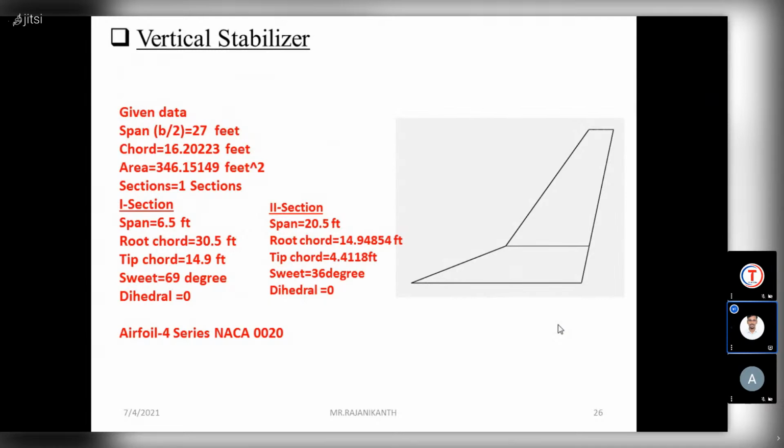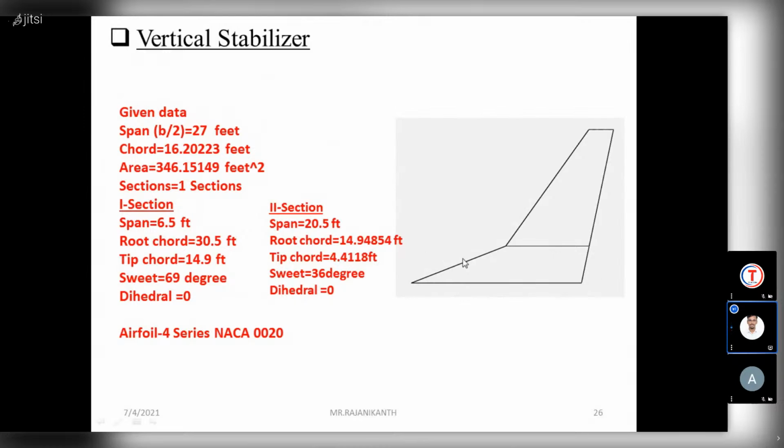Okay, so with respect to this vertical stabilizer, we have all these geometrical parameters. Span, that is b by 2, 27 feet, chord 16.20223 feet, area 346.15149 feet square,